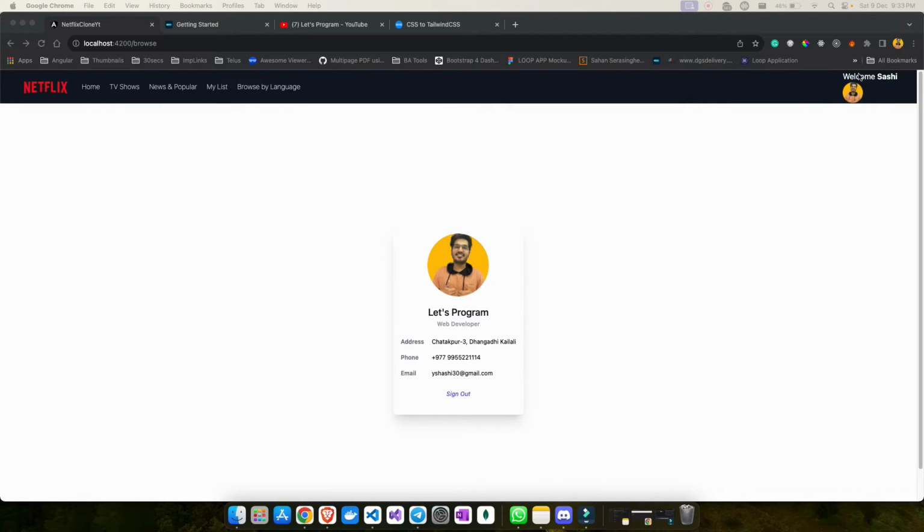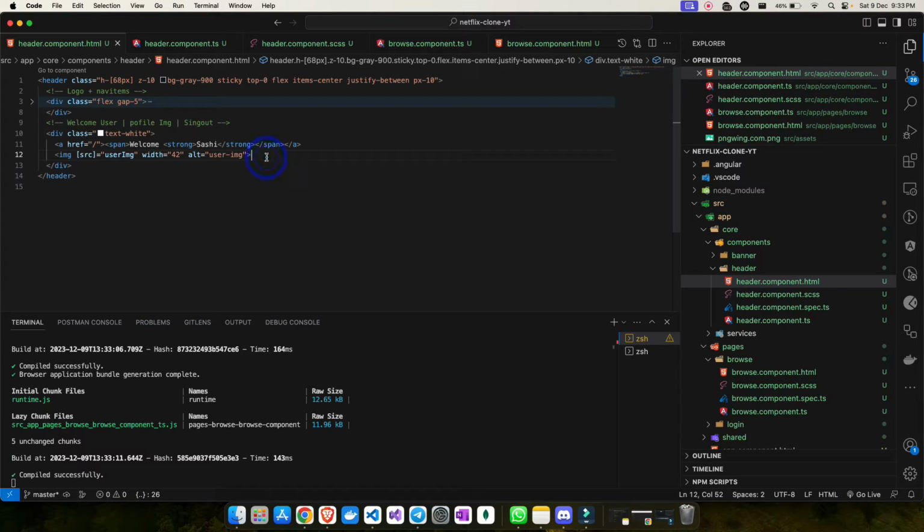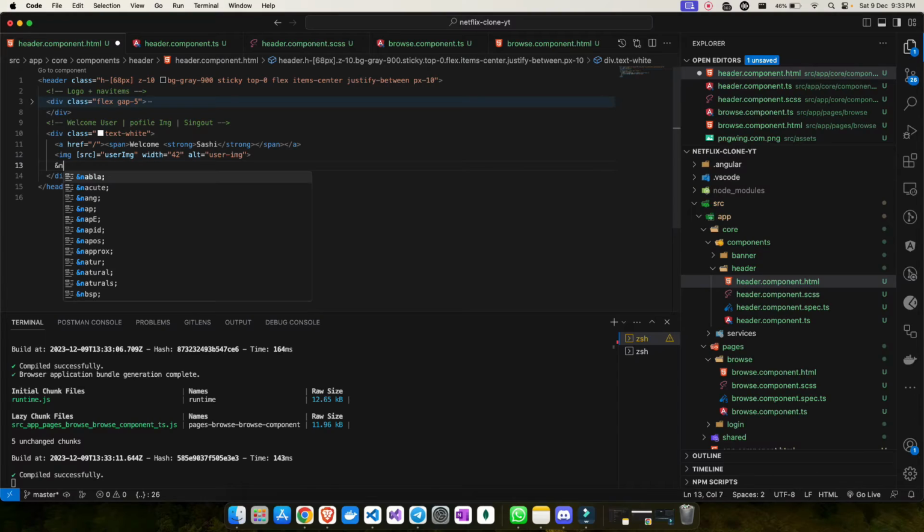So as you can see, this is how it is at the moment. And now after that, I need to maintain a sign out button. So let me add some space by using nbsp. So there is something called NBSP. So this basically adds a space. So that's what I'm just trying to be smart and use this. Let's see what it actually does.